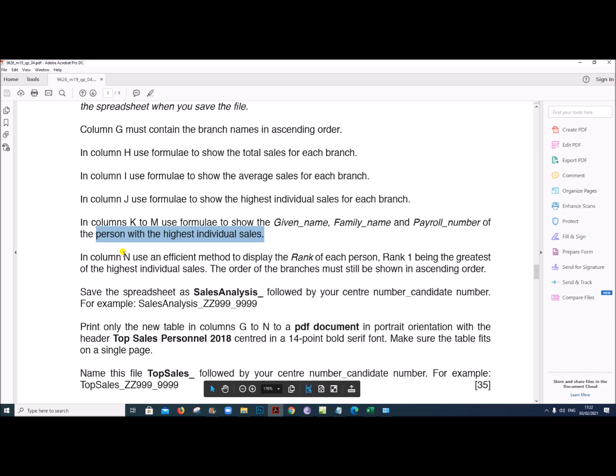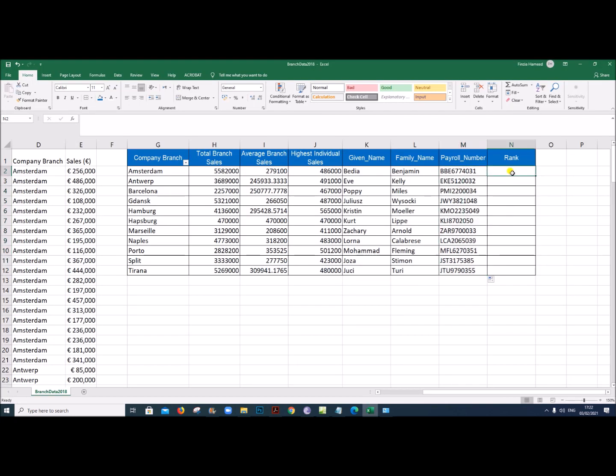Next, in column N, use an efficient method to display the rank of each person, rank 1 being the greatest of the highest individual sales. The order of the branches must still be in ascending order. So for finding the rank, we have the rank function, equals rank.